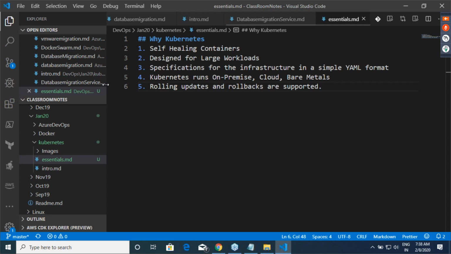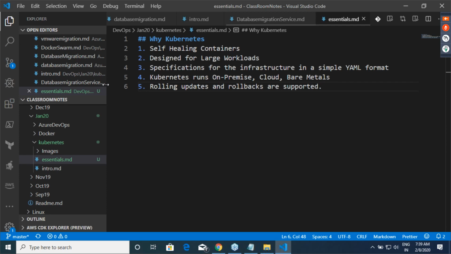But if you have written it correctly, sometimes you get errors, right? And during those errors, you need not worry because one more container comes up and your application is still alive. Okay, then it is designed for large workloads, which means that scaling, high availability, fault tolerance, all of these are basically inbuilt in here. Okay, and then for using Kubernetes, you need not write any magical stuff. You just write a very simple YAML file. Very simple YAML file. Okay.